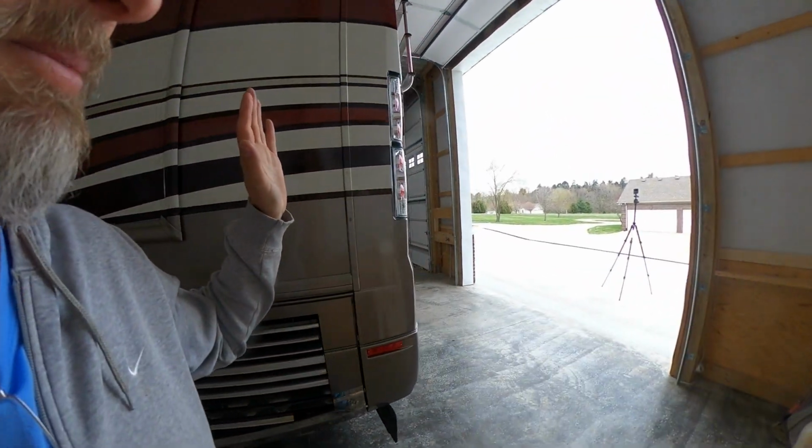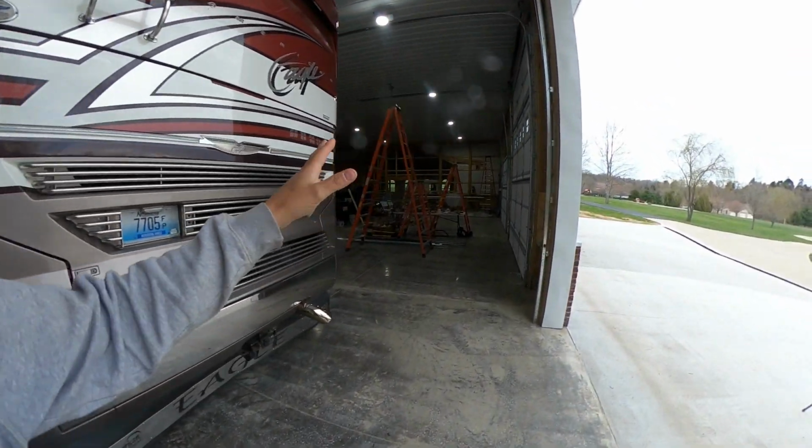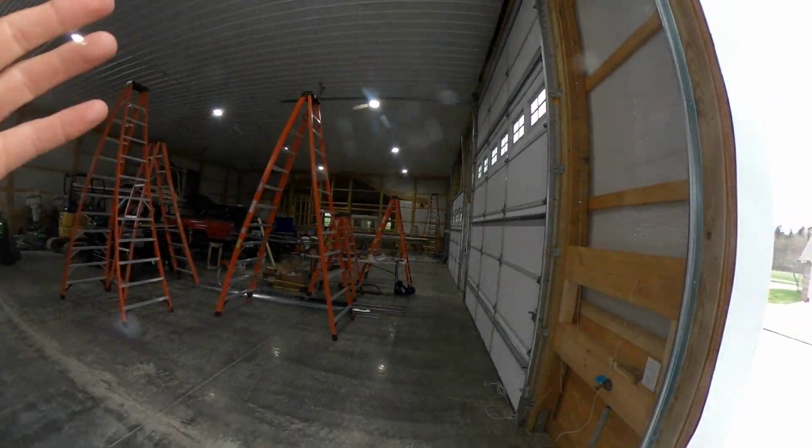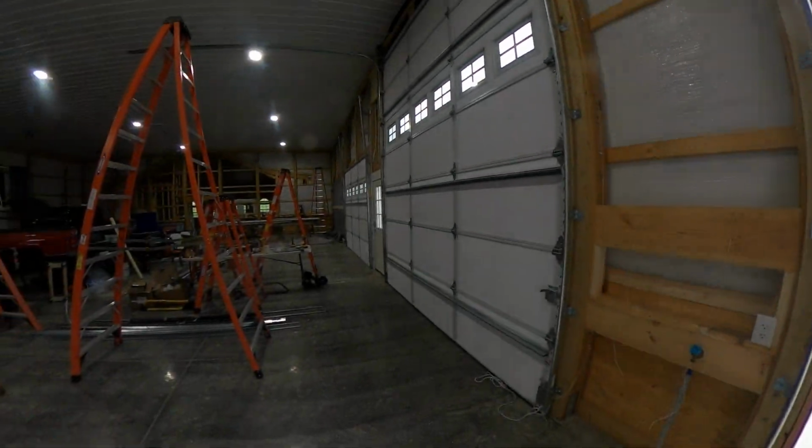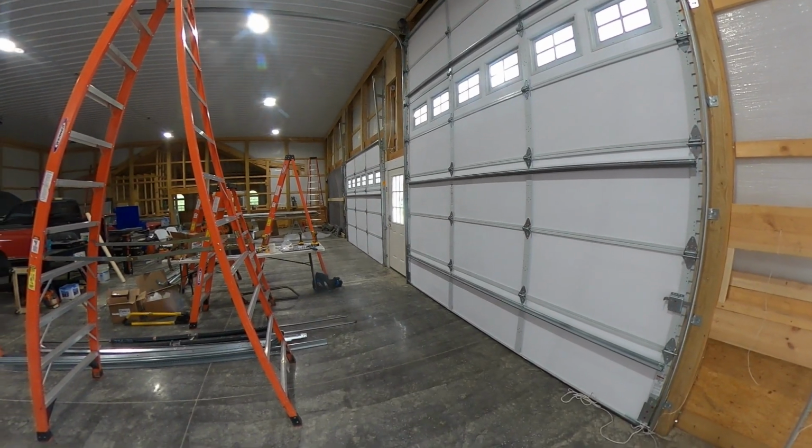I left a lot of room here at the back. That way they can get around if they need to. They shouldn't need to, but they can if they need to. They may have to bring ladders over here to adjust it because I think it was hot. So they may have to detune it just a little bit. But anyway,